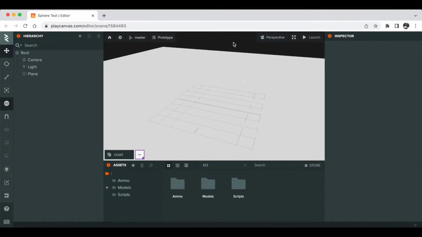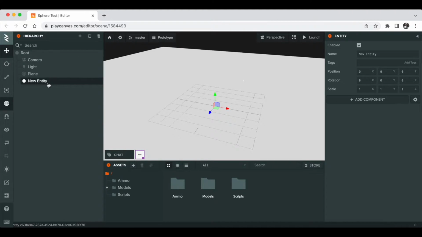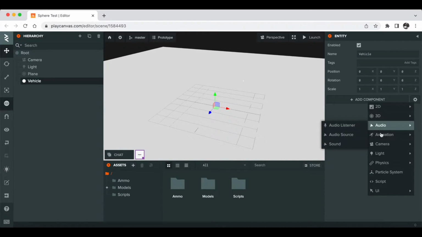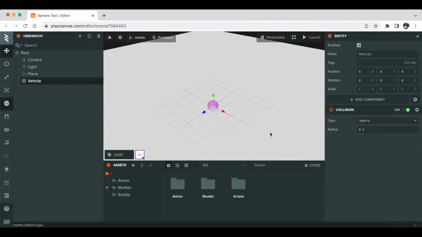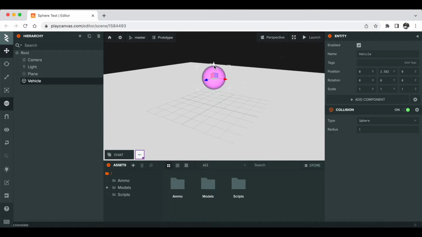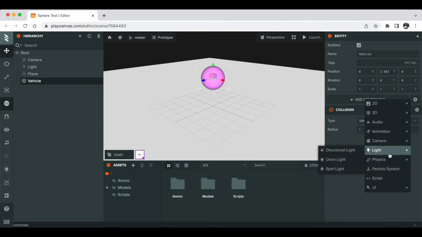So now I'll show you how you can build that physics. First of all, create an empty entity, and let's call this vehicle, and we will add collision to it, and this collision will be sphere collision. Make the radius 1 and set the position a little bit above, so we'll just drop it from that position,